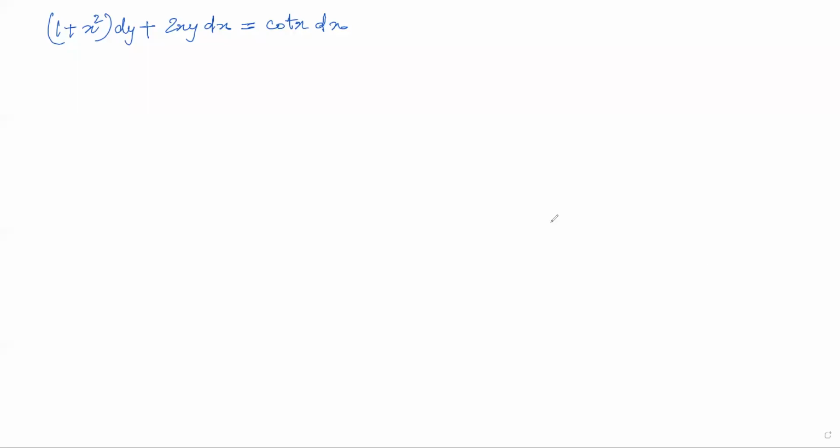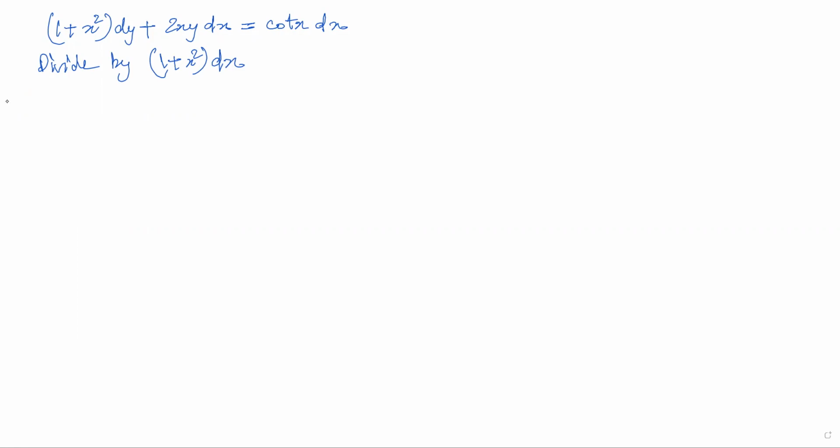Has anyone got the answer? Okay, let's start. What's the value of P? This is definitely not a correct form right now. P is equal to 2x by 1 plus x square. Correct. So first of all, we must divide this whole equation by dx as well as 1 plus x square. Divide by 1 plus x square into dx. If we do that,